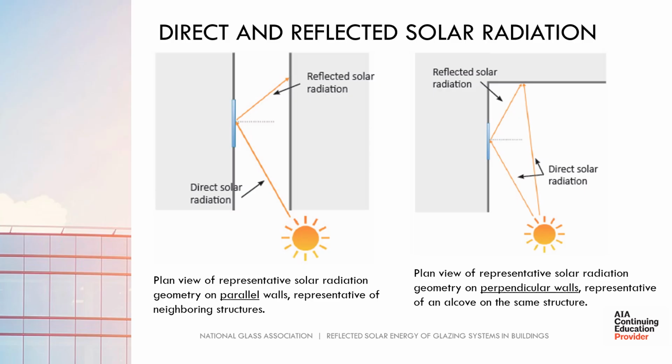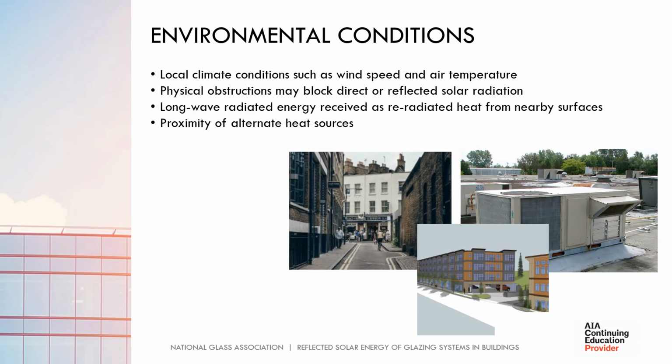This is called the incident solar angle. There could also be a cumulative effect, where surfaces can receive both direct and reflected solar radiation. Building materials can be damaged when heated above their thermal resistance rating. Variables other than direct and reflected solar radiation could impact the amount of heat transfer to a surface, such as